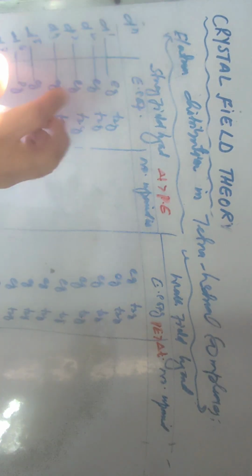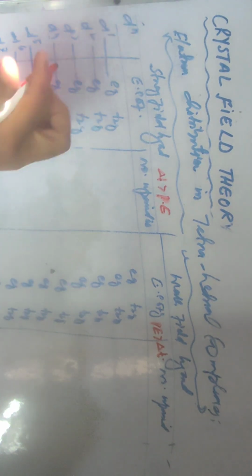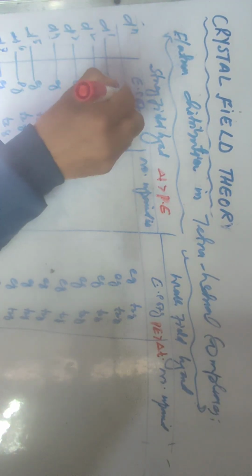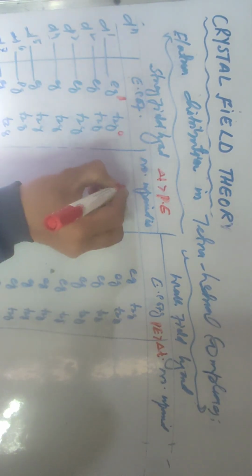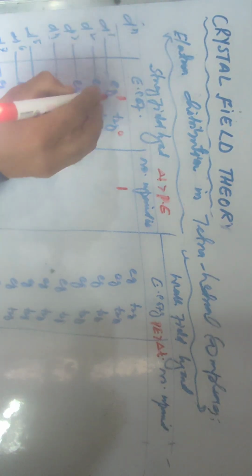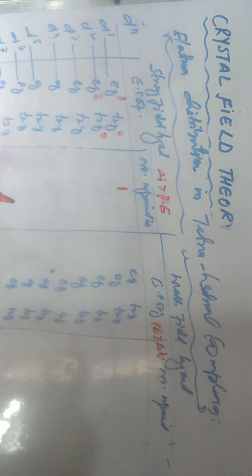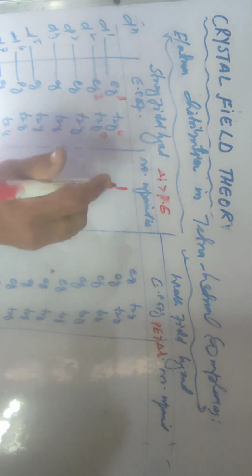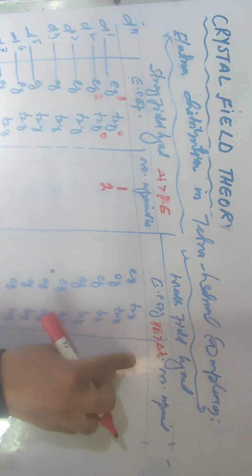बट इसमें क्या है, पेयरिंग एनर्जी कम है, पेयरिंग हो जाएगी। से अगर हमारे पास एक इलेक्ट्रॉन होगा किसी भी सेंट्रल मेटल आयन में, d1 इलेक्ट्रॉनिक कॉन्फ़िगरेशन उसकी होगी, तो उस टाइम जो इलेक्ट्रॉन जाएगा वो eg में जाएगा, और t2g में 0 होगा। और अनपेयर्ड इलेक्ट्रॉन्स कितने होंगे, 1 होंगे। लेकिन अगर d2 आयन होगा तो दोनों इलेक्ट्रॉन्स eg में होंगे, और t2g में 0 होगा। तो उस टाइम हमें कितने अनपेयर्ड इलेक्ट्रॉन्स होंगे, 2 होंगे।